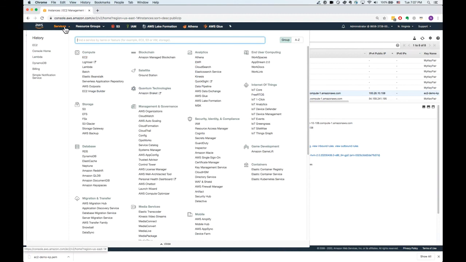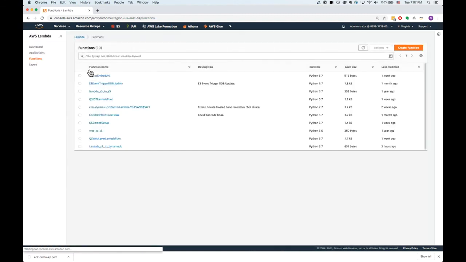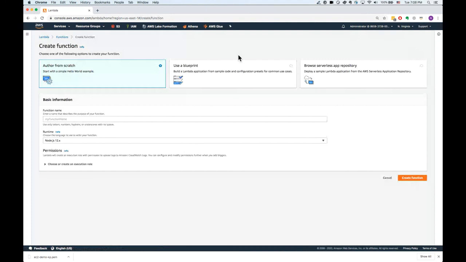Okay, let's go to Lambda. Within the compute section, we have Lambda. I have already created multiple Lambdas, but for demo purposes, I'm going in and creating a new Lambda, providing maybe a demo Lambda name. If you see here in the launch screen, you can write from scratch. It provides a space where you can write your code from scratch, and it comes with